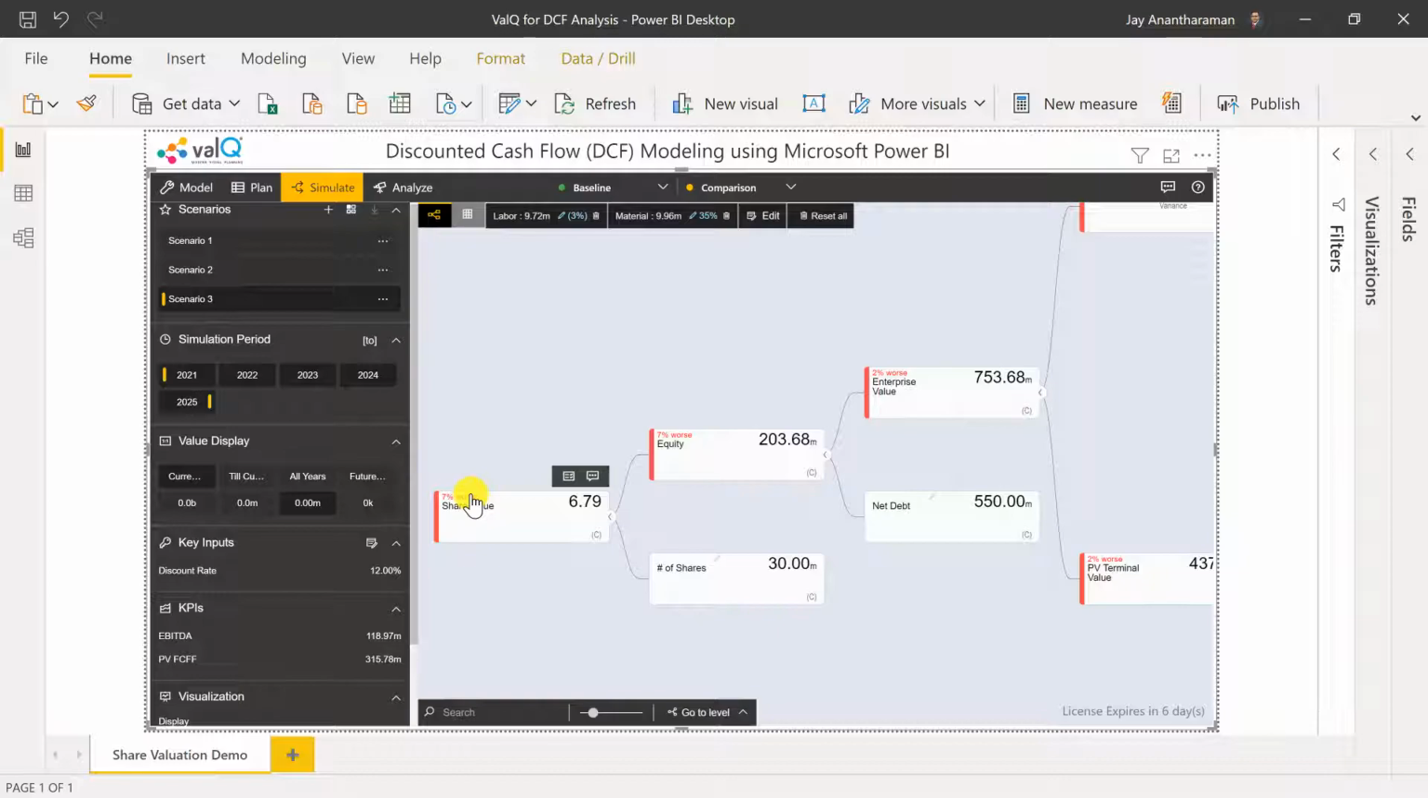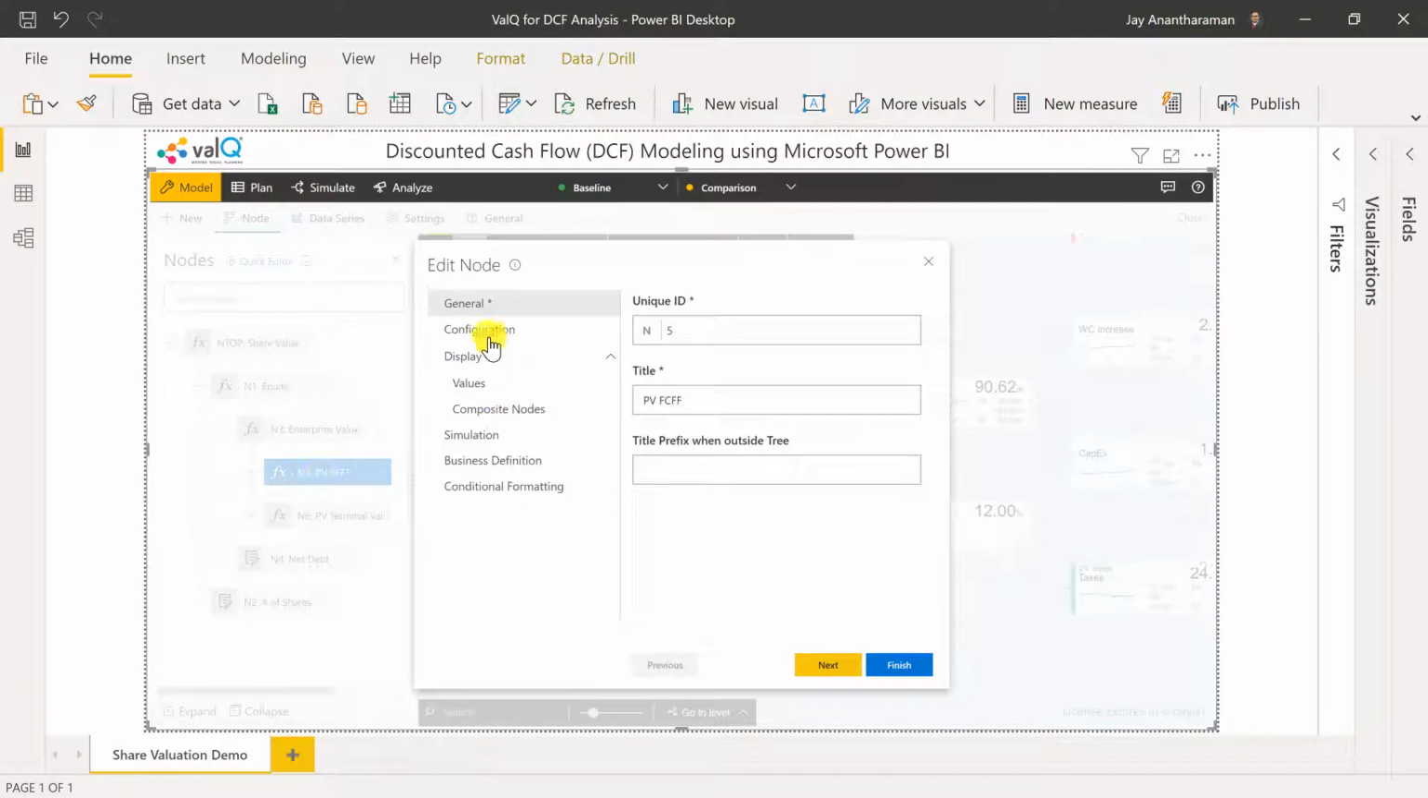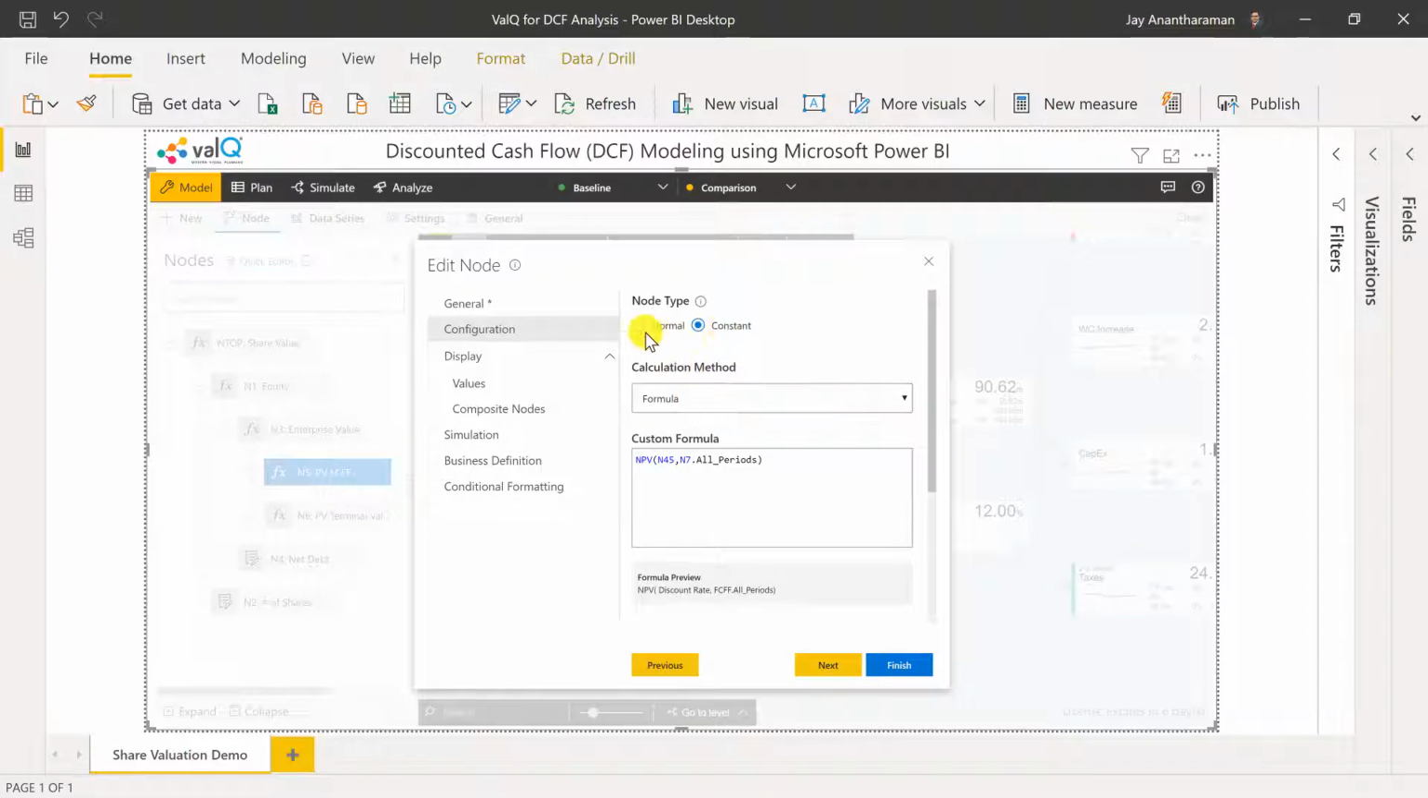So hope you like this example. You have access to this file for download. Go ahead, go to the model section and see how a lot of these KPIs are configured. Specifically, you will like how we have configured the present value of free cash flows using an NPV formula, which is pretty much Excel-like, where you pass a discount rate and also the value for free cash flows over the